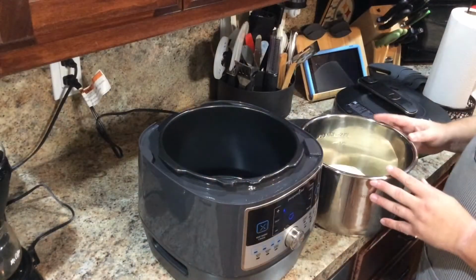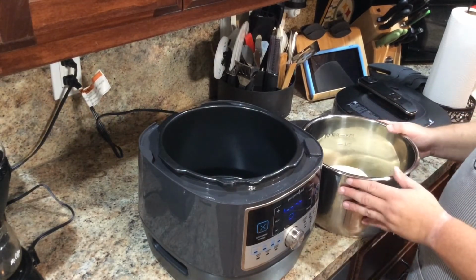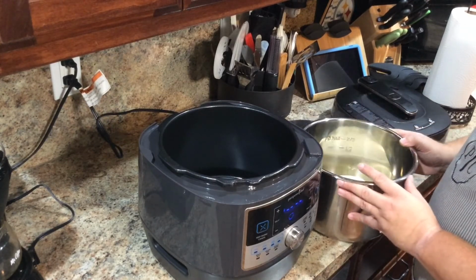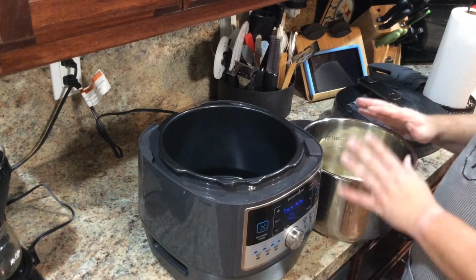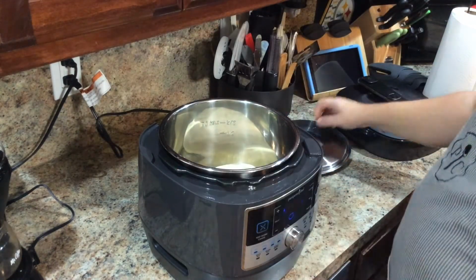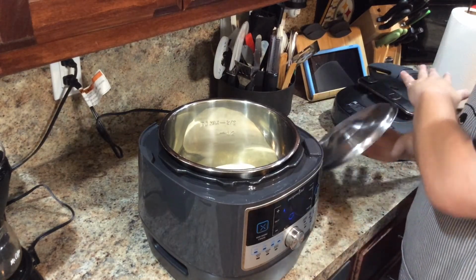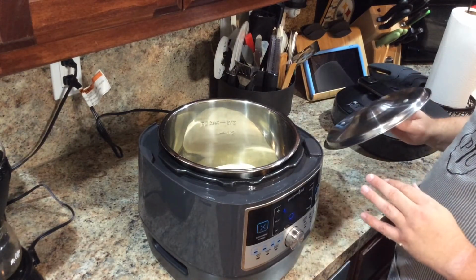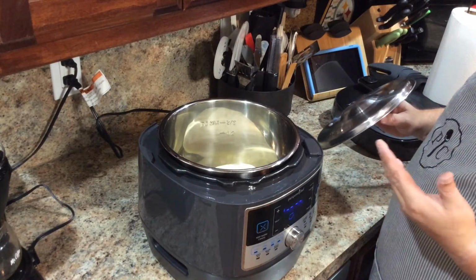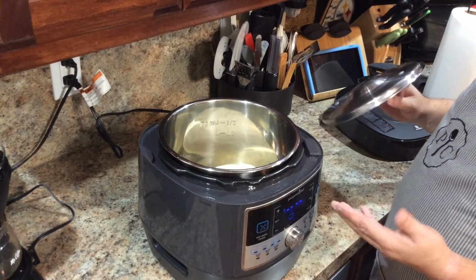So here we are at the quick cooker. You know, you've seen videos of things being cooked. Not a lot of videos of people proofing dough in it. But we took our dough bowl, again we put oil in the bottom, put it in the pot. We're going to put it in the quick cooker, and we have a lid on the way, but you don't want to use your pressure cooker lid because there's a chance that if the dough happens to rise high enough,